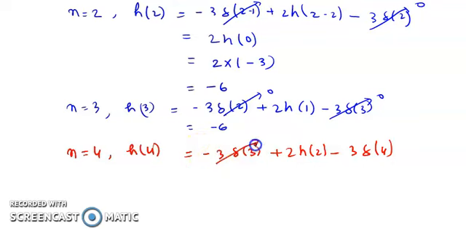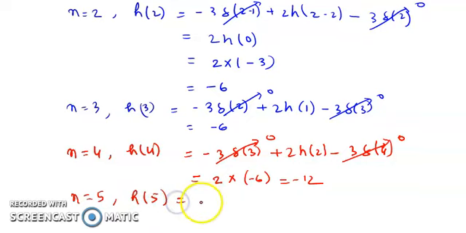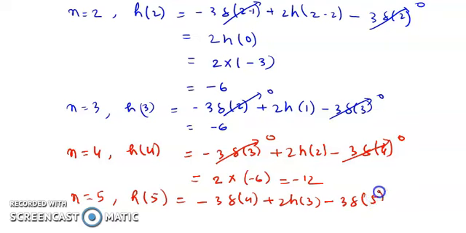So here also this term is 0. So 2 into h2, h2 was -6, so it is equal to -12. For n is equal to 5 also, h5 is equal to -3 del 4 plus 2h3 minus 3 del 5. So this is 0, this is 0. So 2 into h3, h3 was -6, so it is equal to -12. Okay,